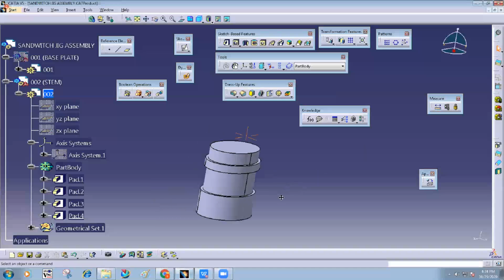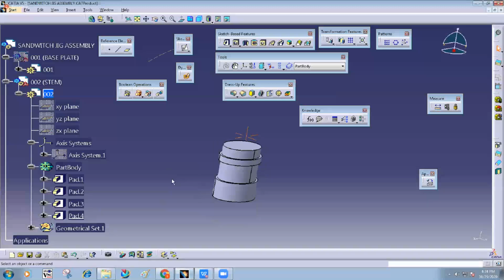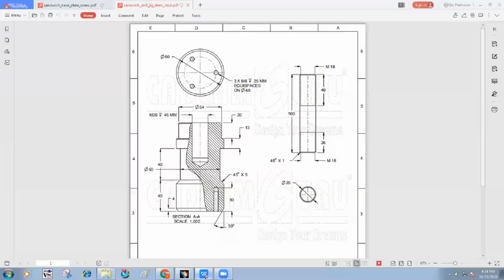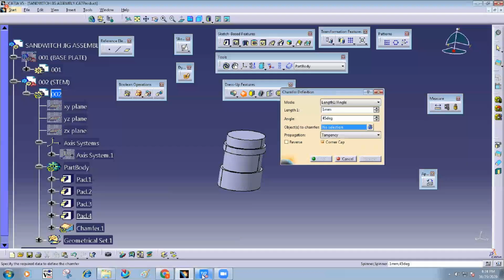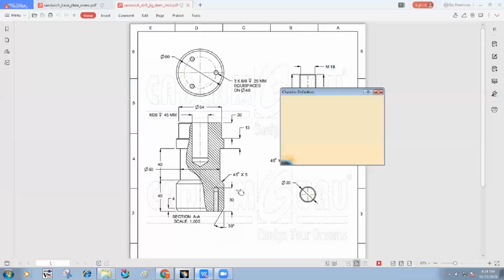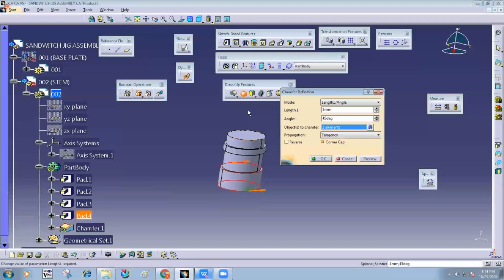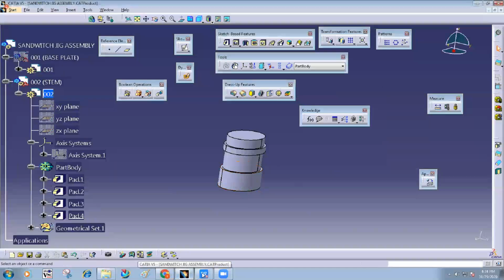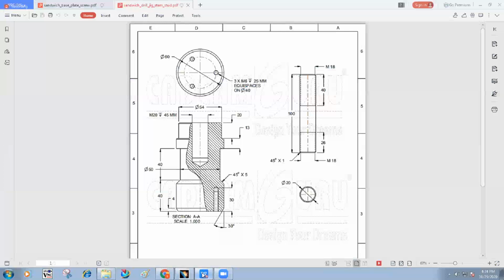Okay. Next, there is a chamfer here. 4 by 30-degree chamfer. Four or two, just a minute. 5 by 45 degree, yeah.